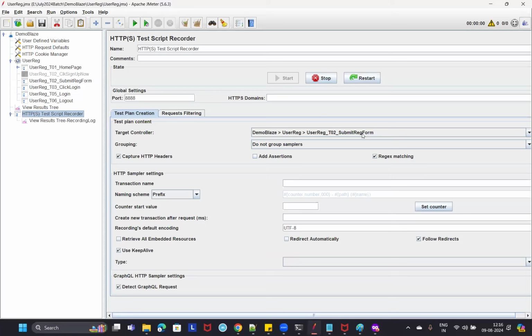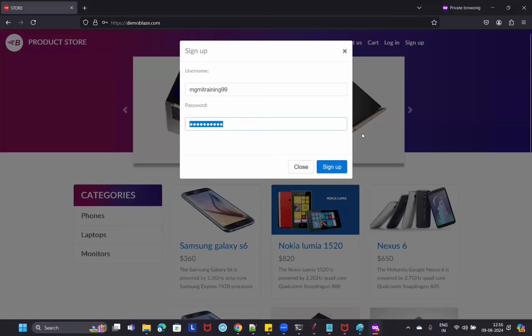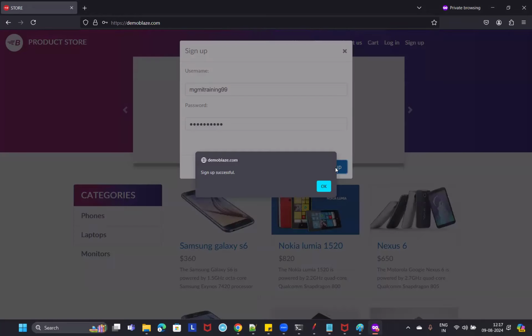And to switch between your JMeter and browser, use Alt tab. Okay, don't use the mouse for everything, particularly those who want to gain experience. Please start using these shortcuts. At least these basic shortcuts like Alt tab, right? You need to start using them. If you are using the mouse for everything, your teammates will start blackmailing you. Please remember that. Okay. Now, once I click on sign up, it is showing a confirmation message saying that sign